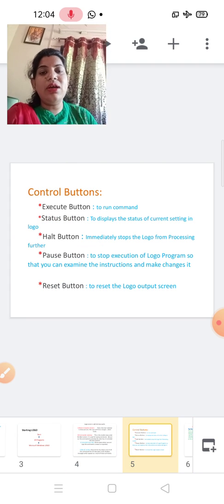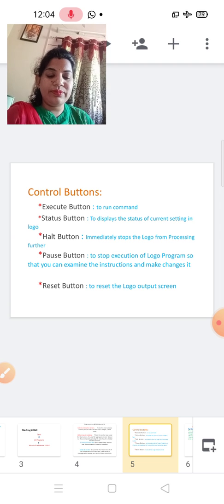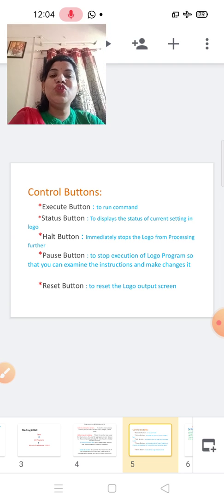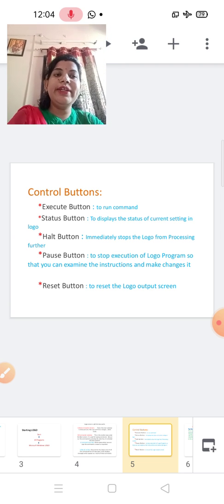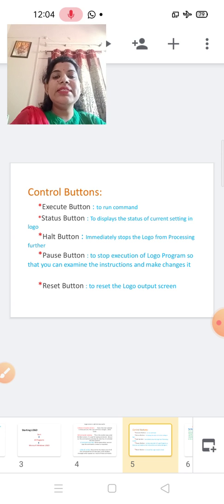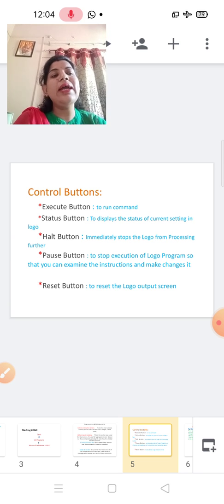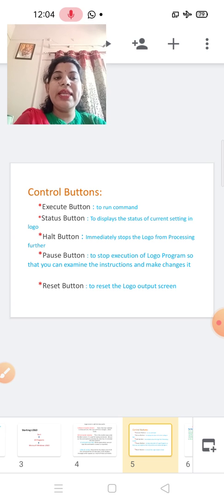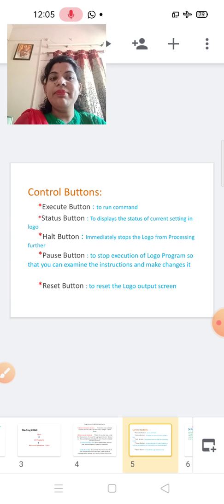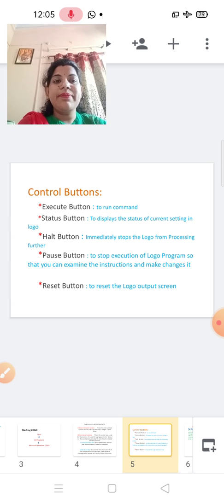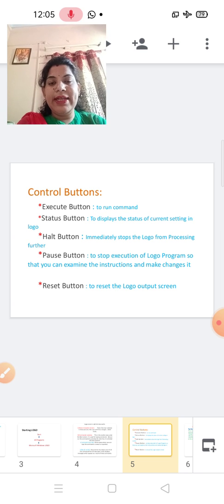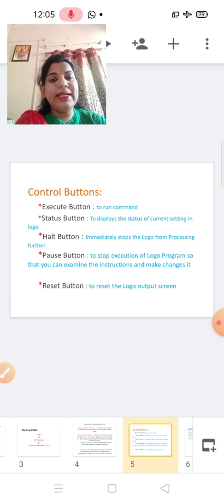Next are the control buttons. They are used to perform different tasks. First is the execute button. To run a command, click on the execute button or press the enter key. The second is the status button. It displays the status of the current settings in Logo.